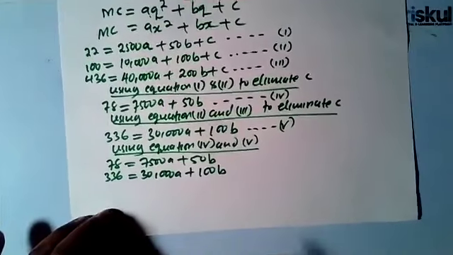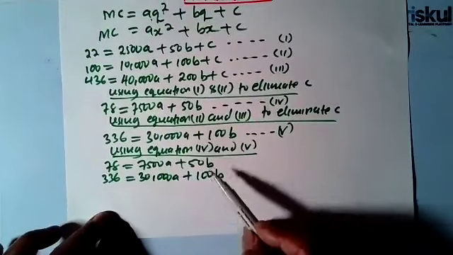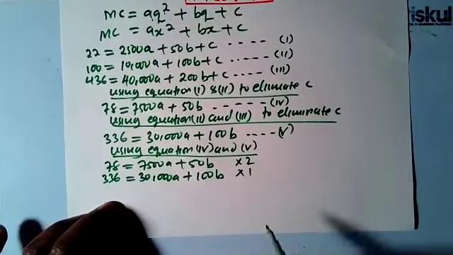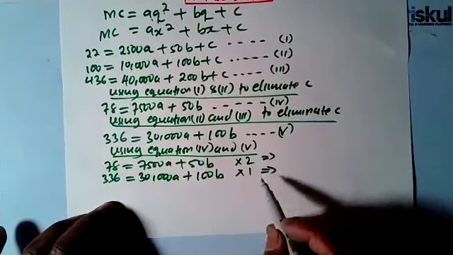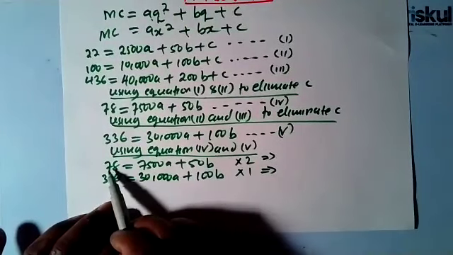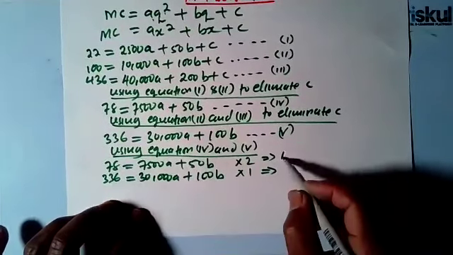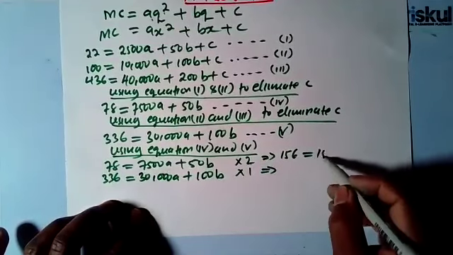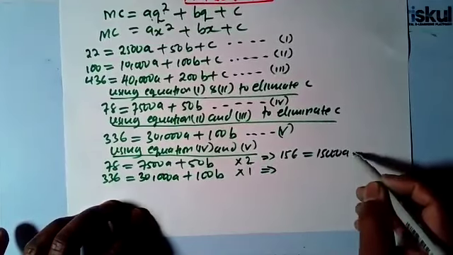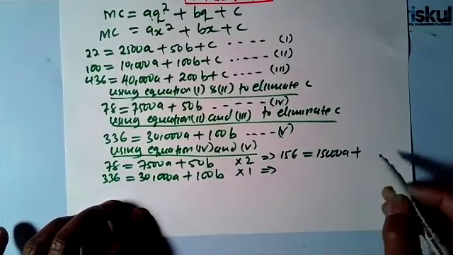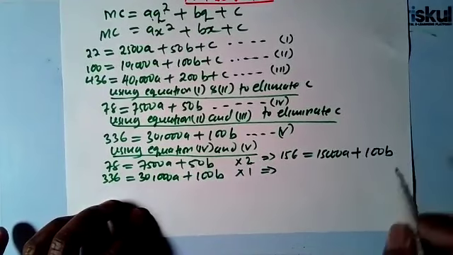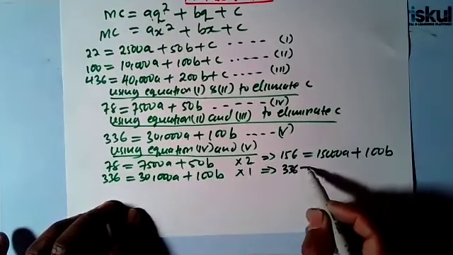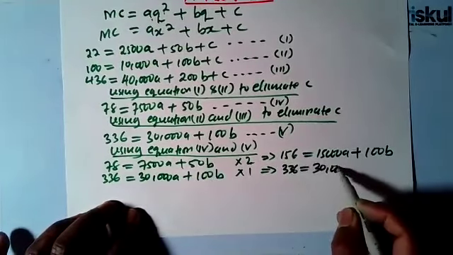So how do we solve that? I can eliminate B. This one I multiply by 2, this one I multiply by 1. So 2 times 78 is 156 is equal to 2 times 7,500, you get 15,000A, plus 2 times 50 you get 100B. This one times 1, so it remains 336 is equal to 30,000A